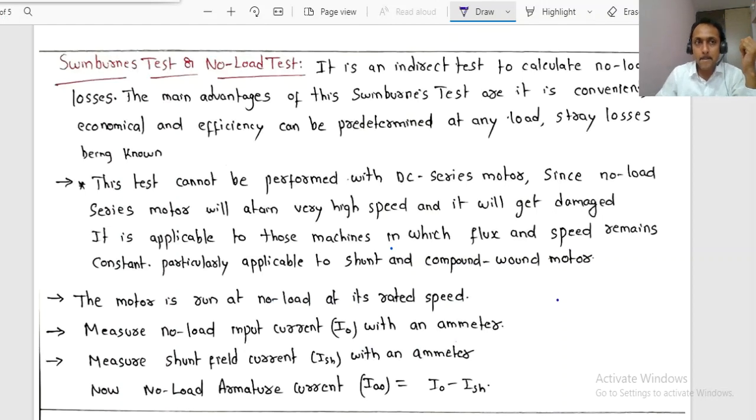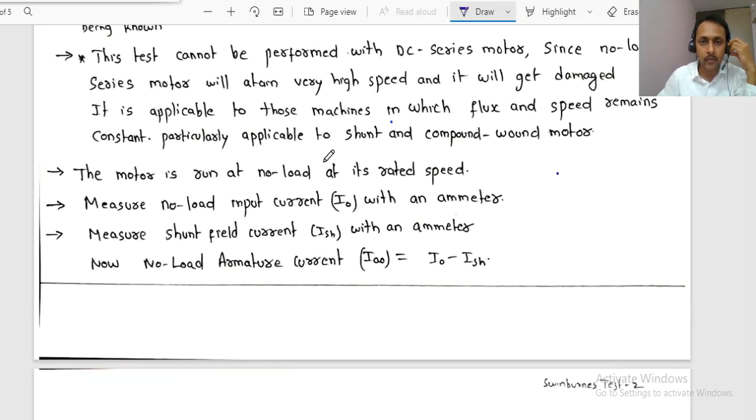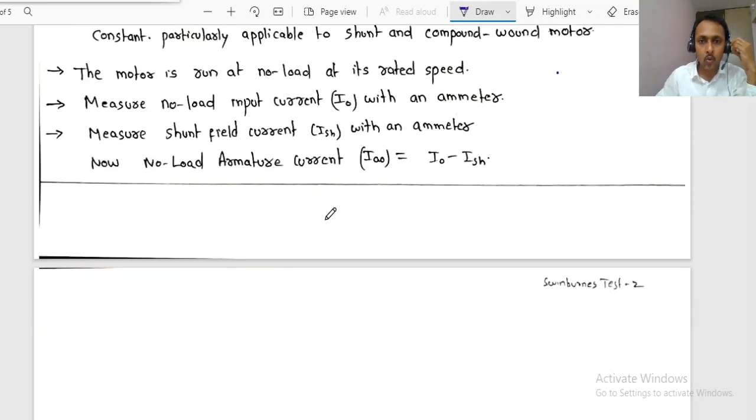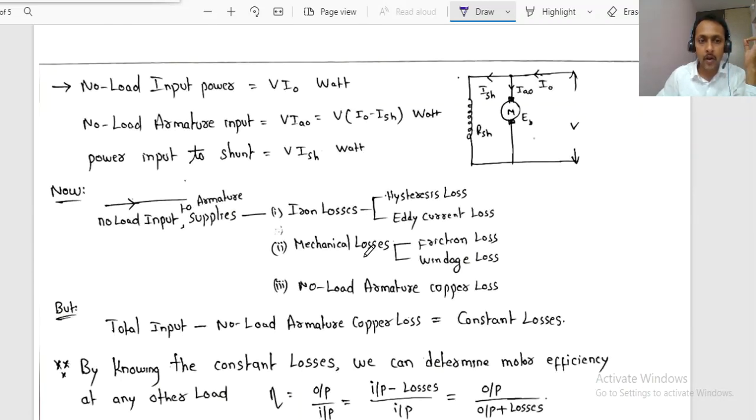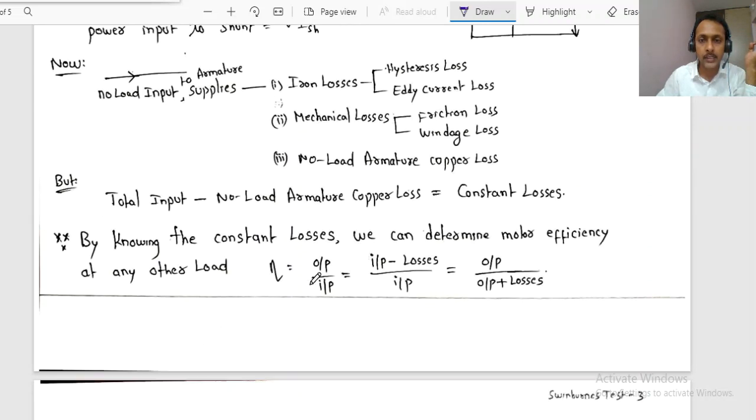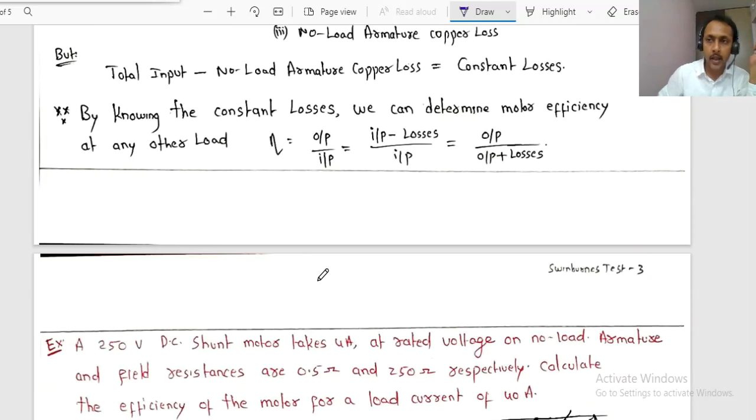In this video, we are going to discuss the Swinburne's test or no load test, one important test. If you have a laboratory for this course, you are going to do this experiment in your laboratory. Now, we will discuss what the different variables are, what data we have to observe while performing this test, and how to calculate the efficiency and how to predetermine the motor efficiency at any